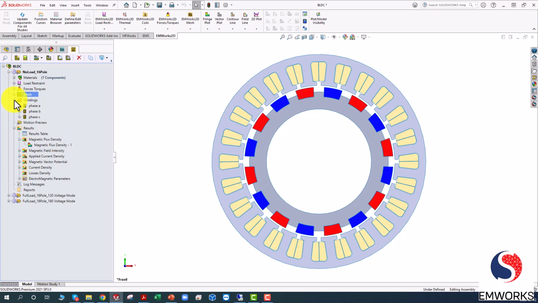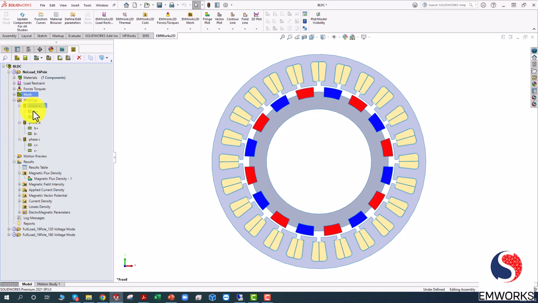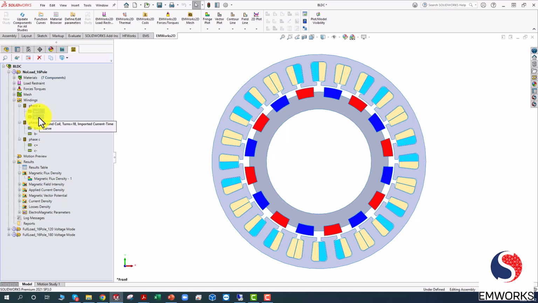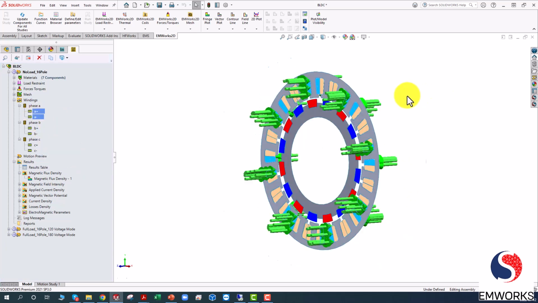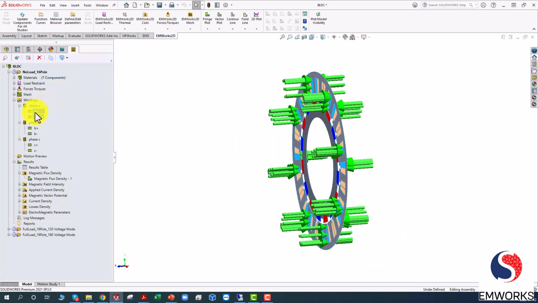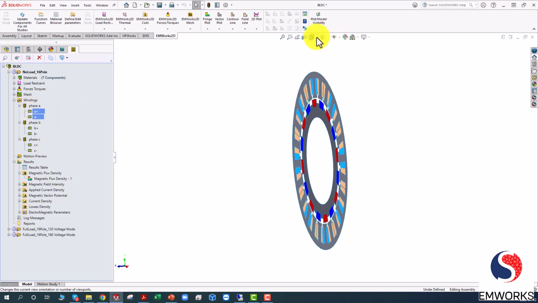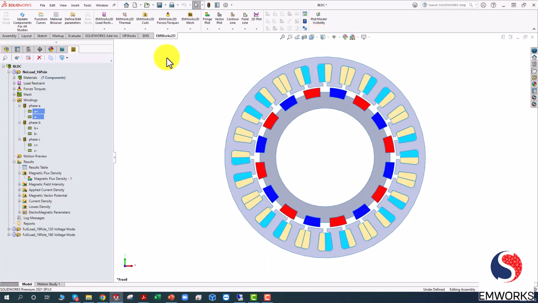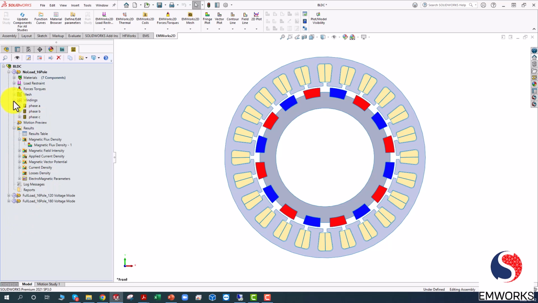Then the last part comes the windings. We have A phase, B phase, and similarly C phase. So here I can show you the windings for A plus and A minus, and you can also look at its direction of current excitations, what we have for our 2D analysis. Now I'll hide these symbols, and since we're in CAD platform, you can just get a front view again. So this is how we set the windings for all the 3 phases, and then we go to the result,